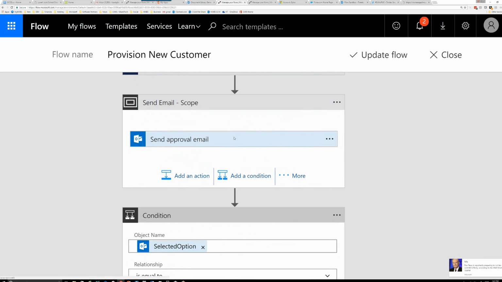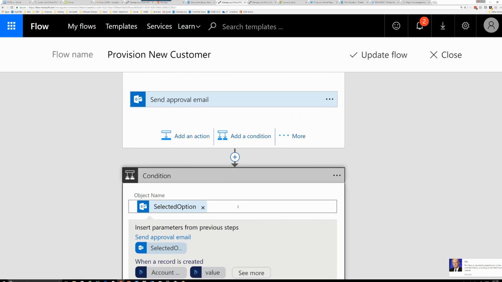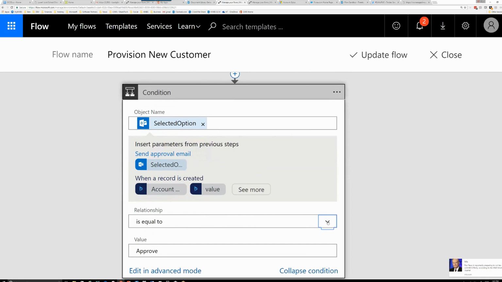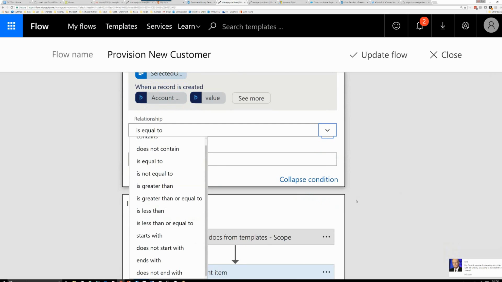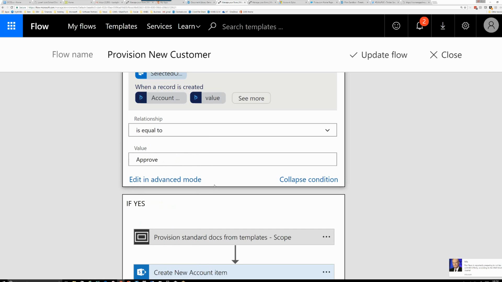But that's that. Now to your question, notice that underneath it I have a condition. And in here, the condition is going to compare the first value, which is the selected option. That is whatever of those choices the user clicked on, that's what's going to get passed over to my flow. And so now the condition is going to simply evaluate, and I can choose, okay, is it equal to, or does it contain, or greater than, less than. So I can choose a lot of different comparisons to do. In this case, I want to say, is it equal to approve? And if yes,